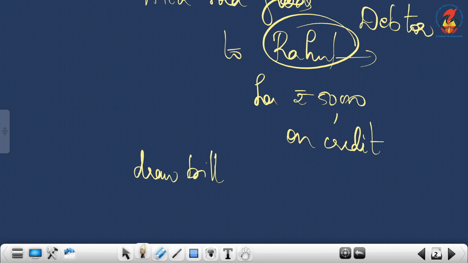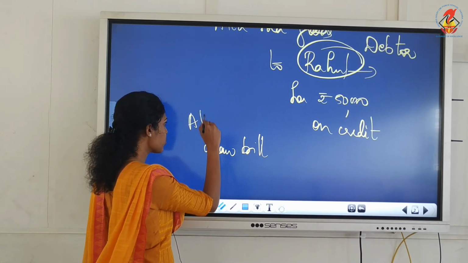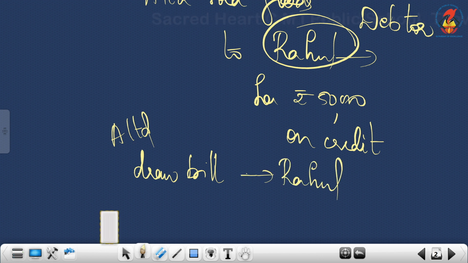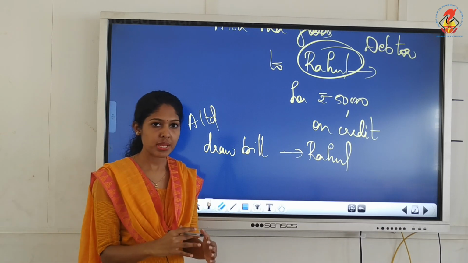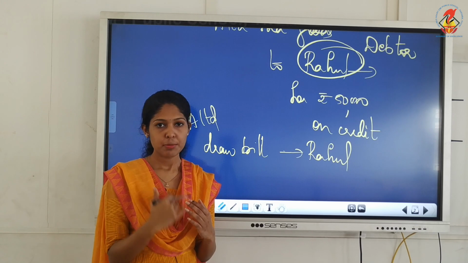It is called drawing a bill. Drawing means we will write a bill, that is A Limited will draw a bill in favor of Rahul, that is the debtor, because this is a promise that Rahul will make the payment on